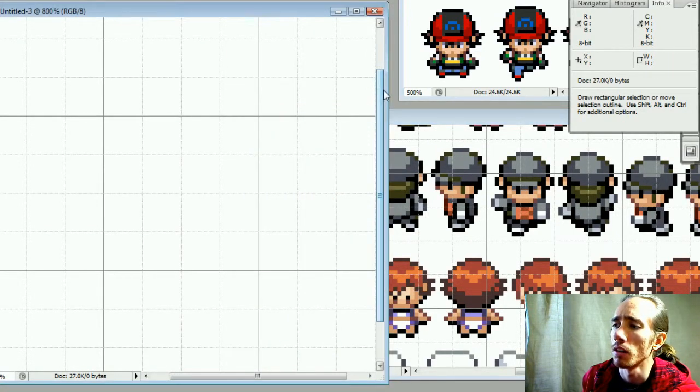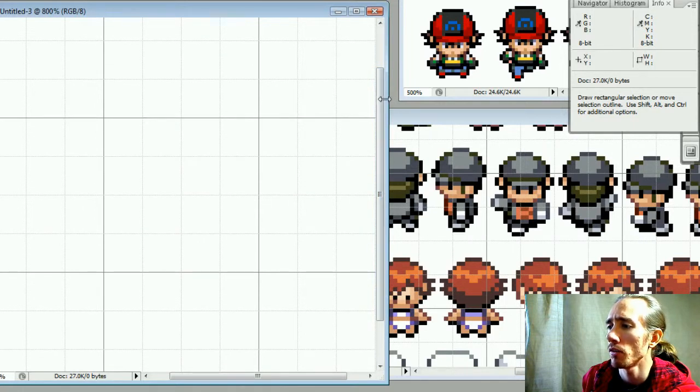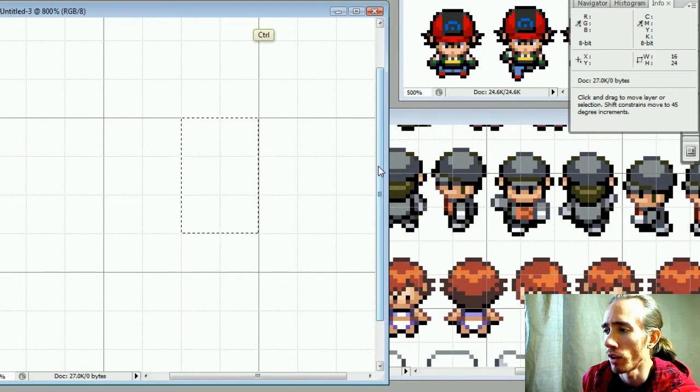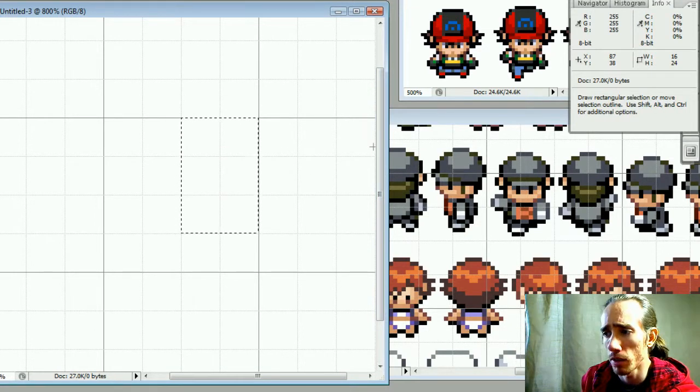I don't know what the maximum sizes are for each character. It's probably related to the device that they're on, if it's like the Game Boy or whatever. They use specific dimensions, I think, or there's a maximum size that you can use. So